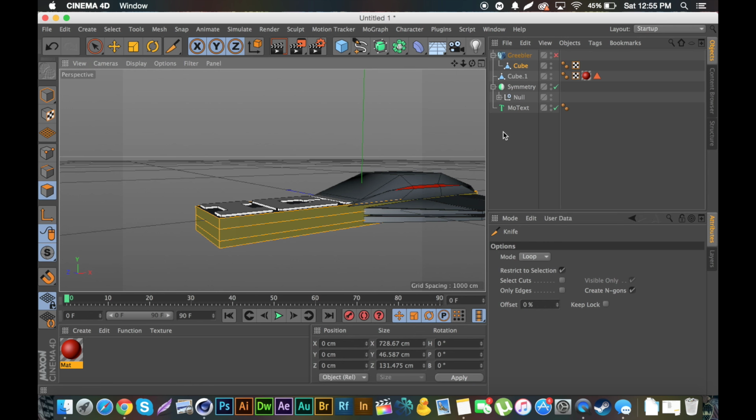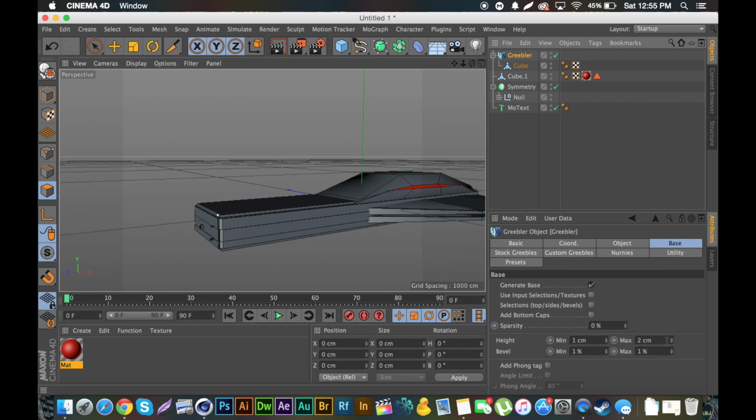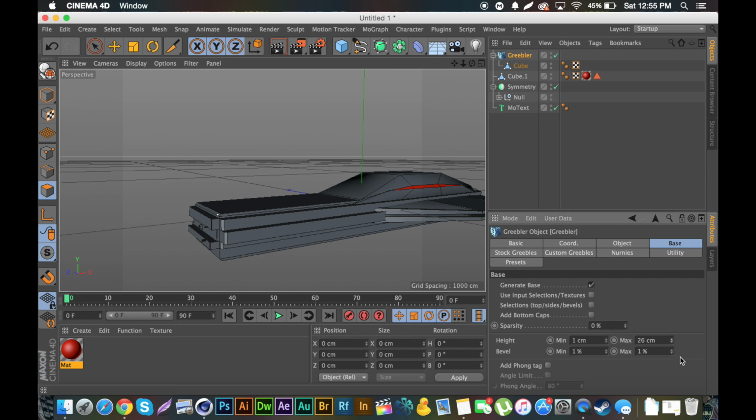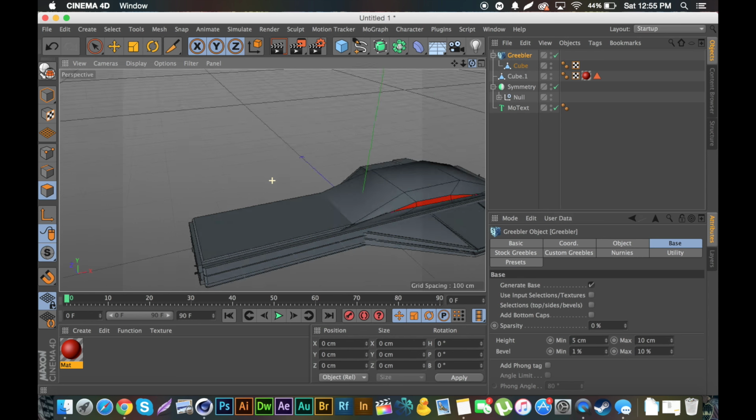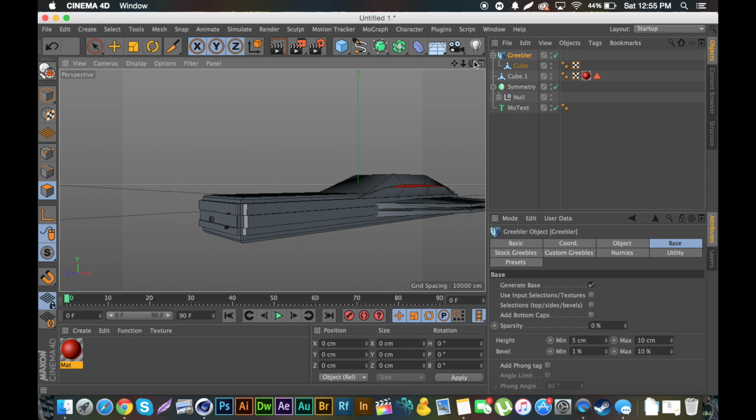twice. Check the Greebler, and let's bump up. Go to the original settings actually. So let's go 5, 10, 5, 10. Alright, so it's kind of popping out at the wrong places, but that's really no big deal. Actually, we can kind of artificially create this. So